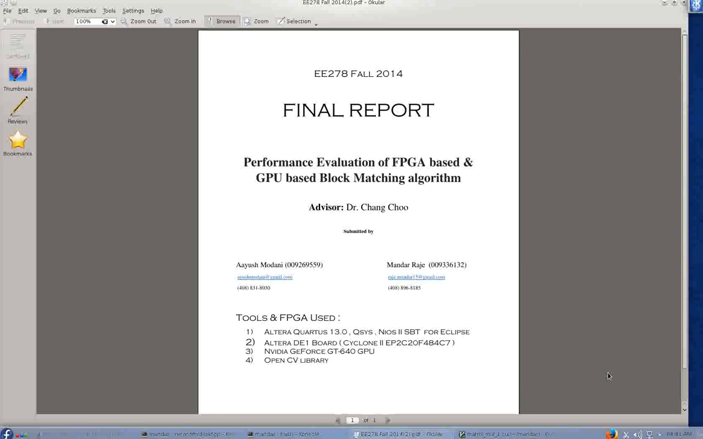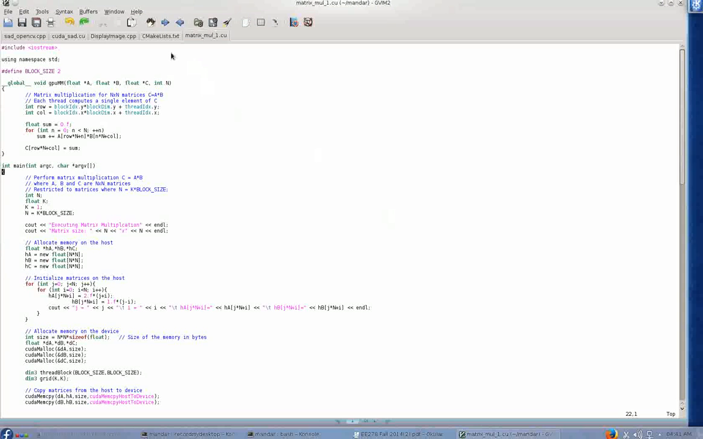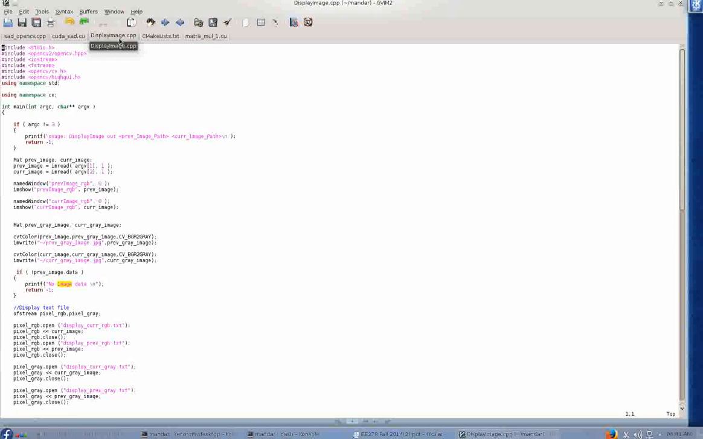We also use the DE1 board which contains the Cyclone 2 FPGA by Altera, and for GPU we have used NVIDIA GeForce GT640 and also the OpenCV library. So we'll be evaluating the performances of the block matching algorithm on the FPGA as well as the GPU, and we'll compare both the metrics. So this is the OpenCV code that I am showing you right now, and